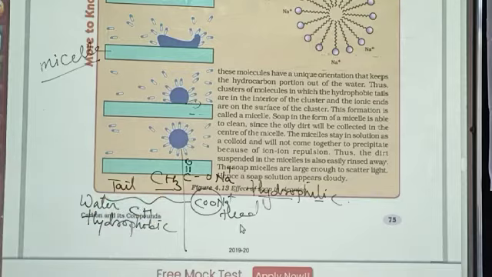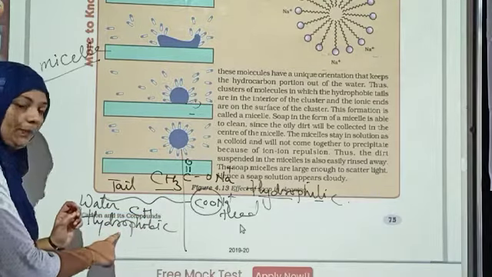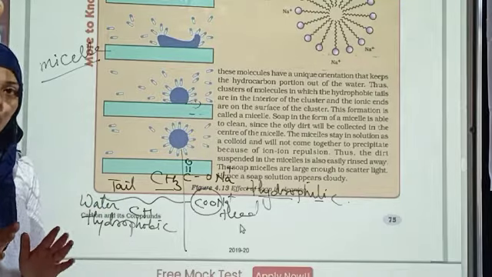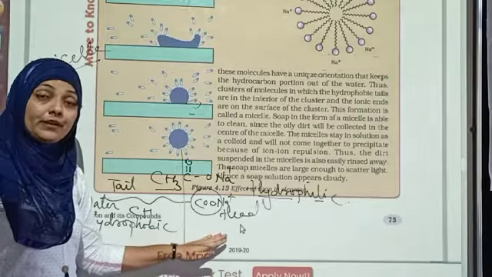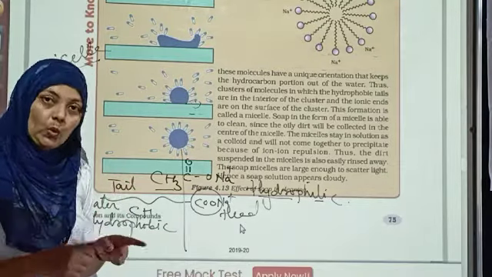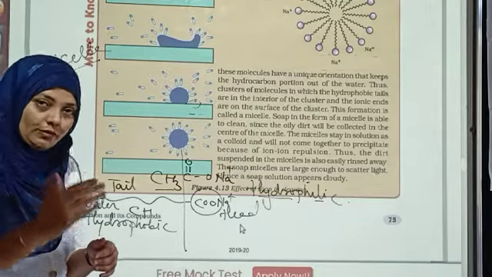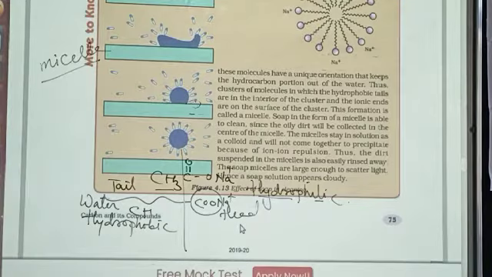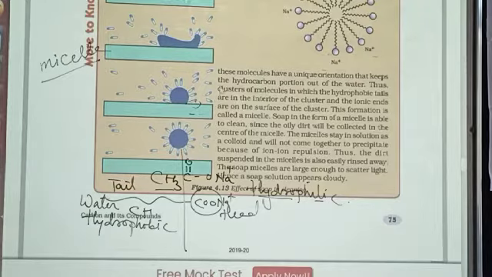I hope you understood this one, and you have to remember this very important thing. Tail part, hydrophobic. It loves your oil, grease, dust particle. Head part, hydrophilic, water loving. It will be dissolved in water only. It will take out along with the water. Is it clear? So this is the particular mechanism which we are learning when we are talking about the micelle formation. So this is the end of your chapter over here.